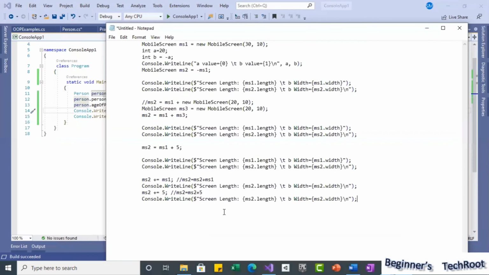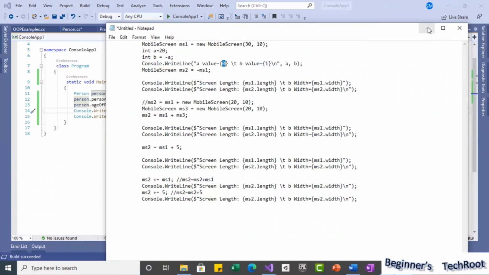See, here we were using Console.WriteLine and dollar, and then using this to format the string, either this way or this way, by using the parameters and the substitute index. Like that we were using two ways.